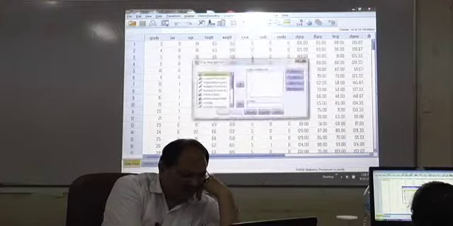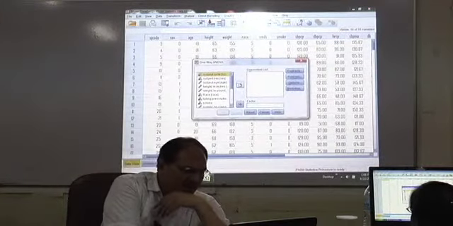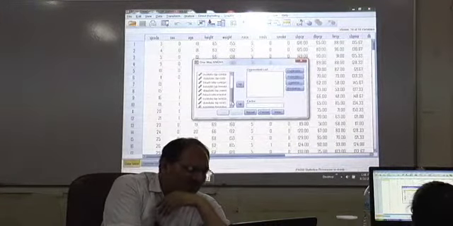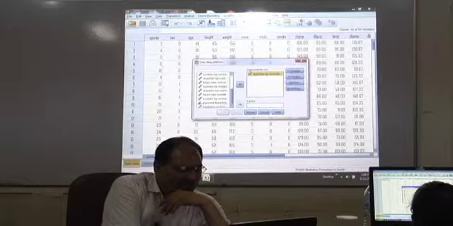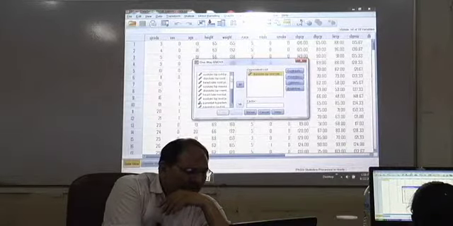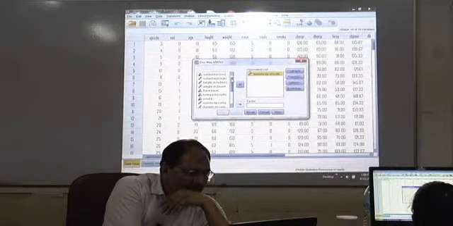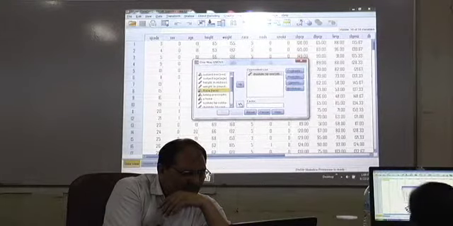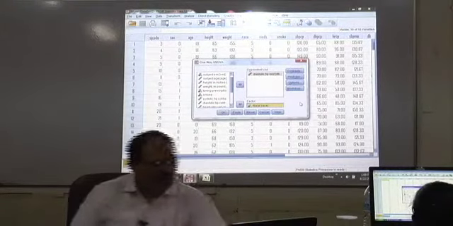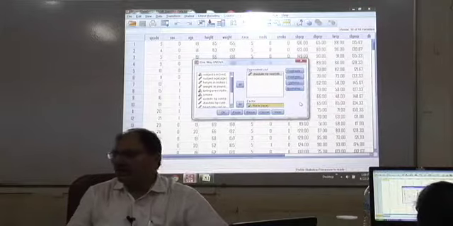Our dependent list would have one variable, that is diastolic BP rest, and the factor will be race, that is this, the 5th. Alright, so we have transferred both the variables.